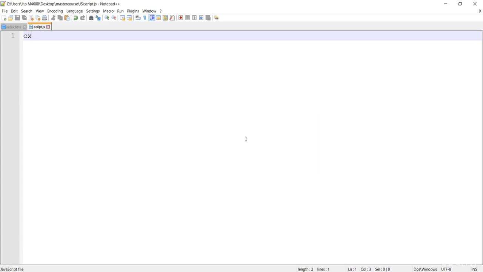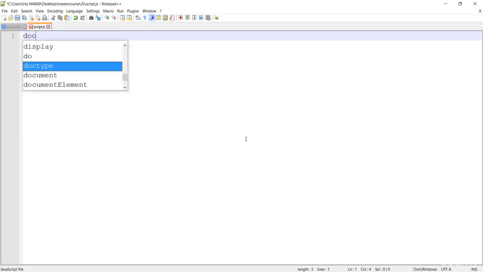Well, basically you can see that it just only has two words, cx, which is not necessary, so let's just remove that. What I'm doing now is simply creating the JavaScript here. The interesting thing is, you don't need to call the script tag inside the JS file, because it's already JavaScript. So how to start, just simply type